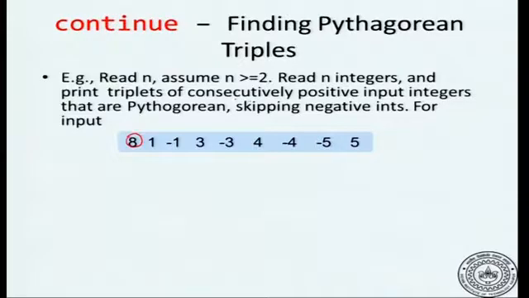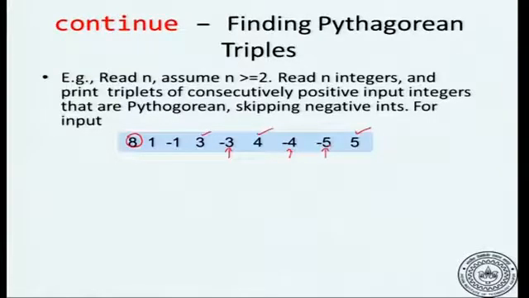Pythagorean triplets occurring consecutively. By consecutively we will say consecutive positive integers, because in the middle there could be negative numbers, so you have to just ignore them. For example, 3, 4 and 5 are consecutive positive entries in this data because -3, -4 and -5 are negative numbers. So consecutive in this context need not mean that they occur together.